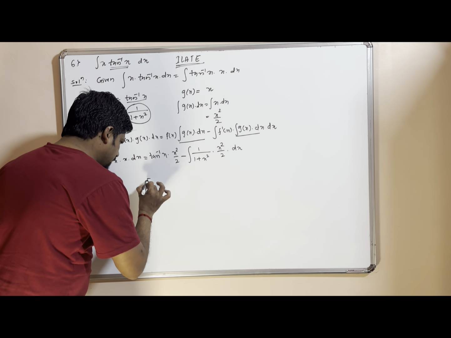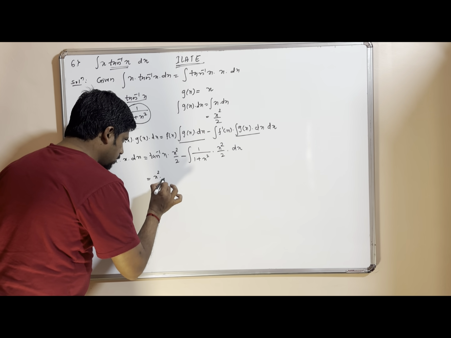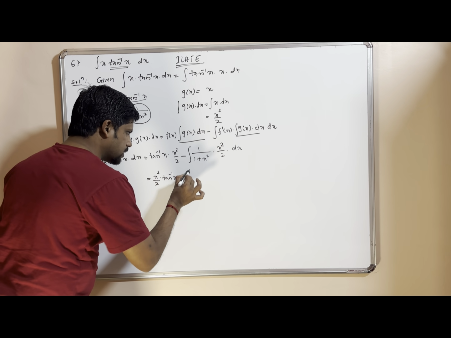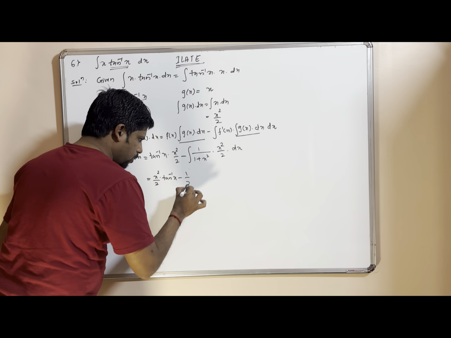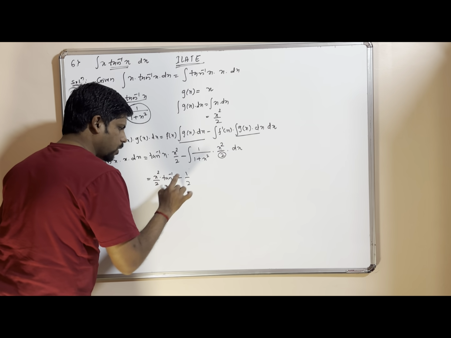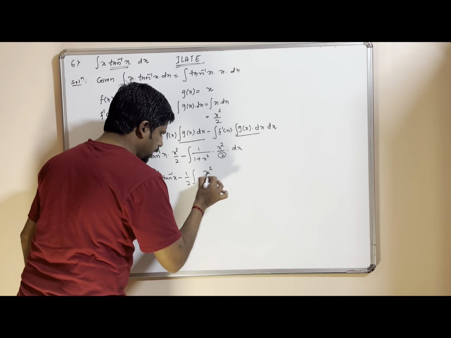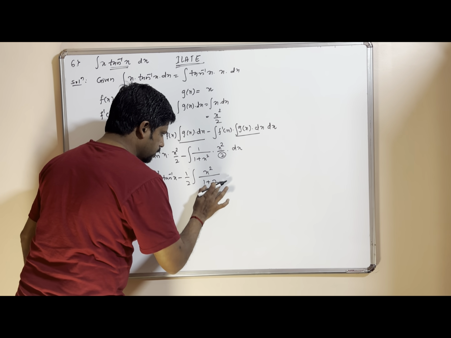So the first function as it is, x square by 2 tan inverse x, minus 1 by 2, I will take the 2 outside, the integration of x square divided by 1 plus x square